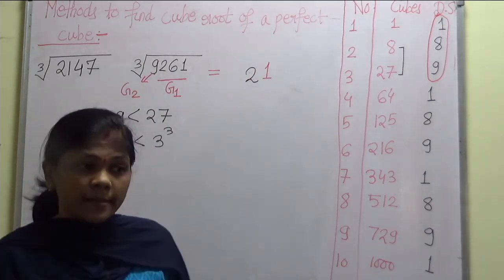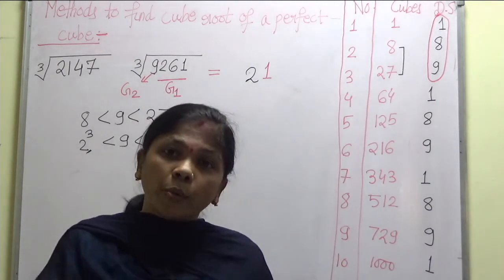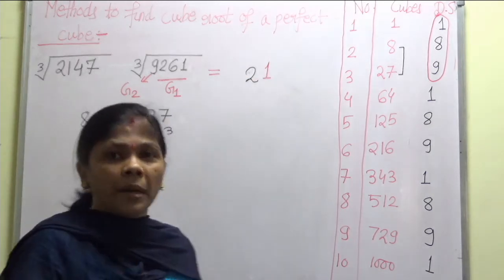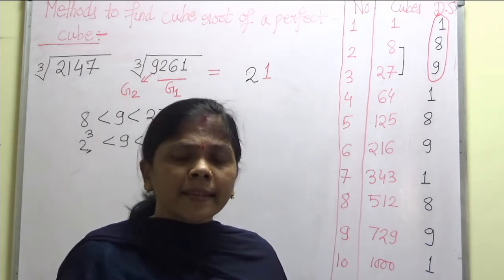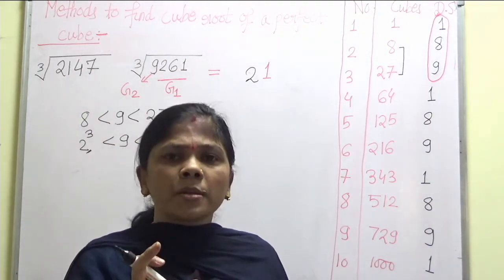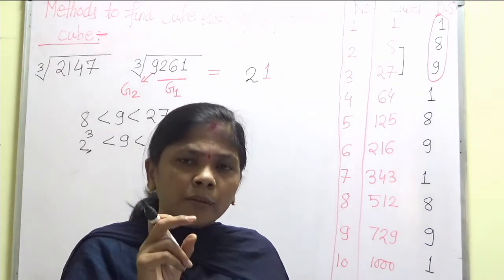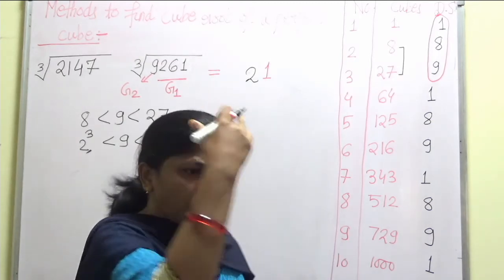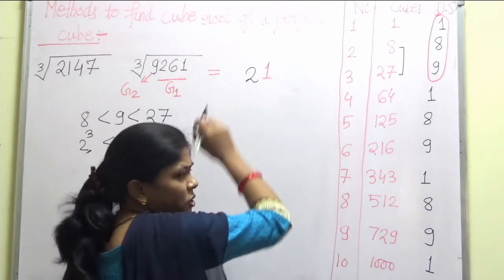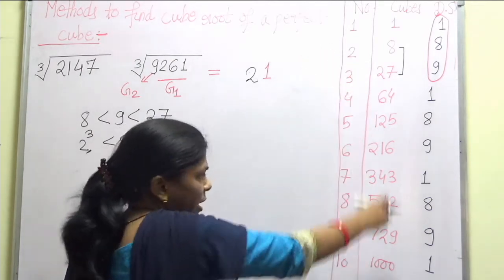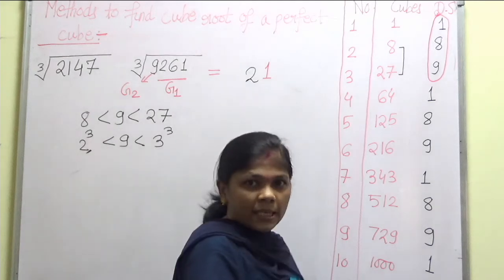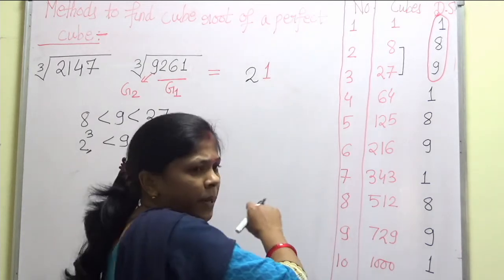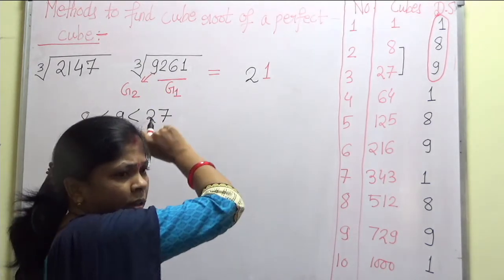Now what are the changes while evaluating a cube root versus a square root? The change is that here we don't have to decide what the number in the unit place is, whereas in the case of squares there are two possibilities for the unit place, so we have to find out which number exactly takes that place. Here we don't find such a process, because in a cube each number occurs only once in the unit place. It is not appearing at two different places.